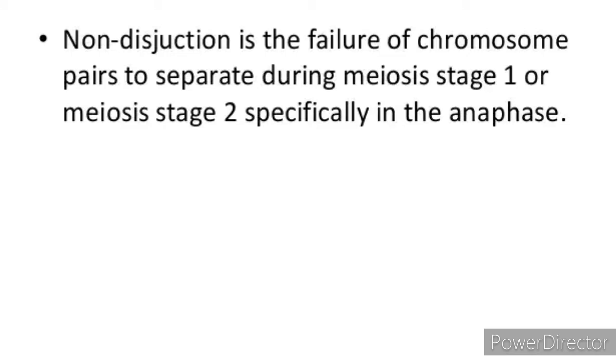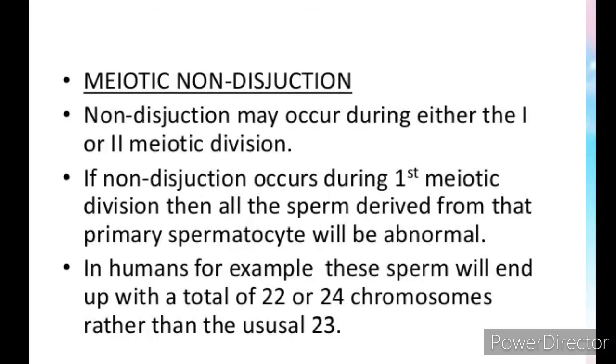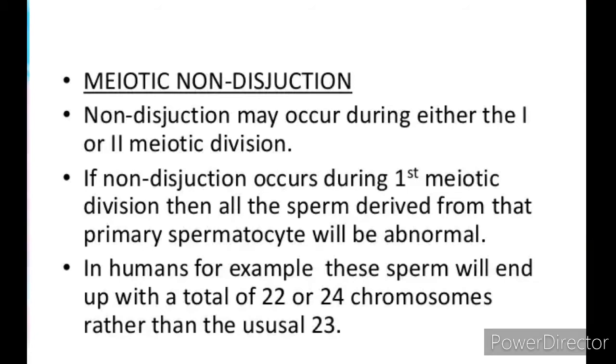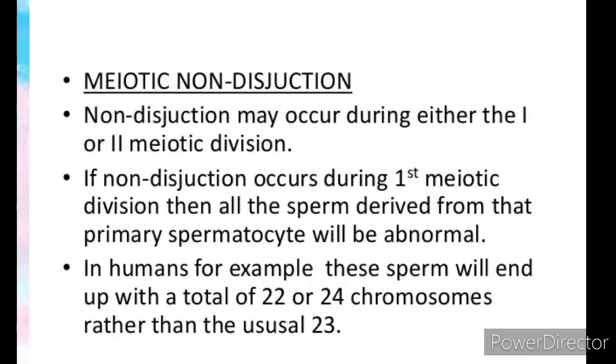Nondisjunction is the failure of chromosome pairs to separate during meiosis 1 or meiosis 2, specifically in the anaphase. In meiosis, nondisjunction may occur during either the first or second meiotic division. If nondisjunction occurs during the first meiotic division, then all the sperm derived from that primary spermatocyte will be abnormal. In humans, for example, this sperm will end up with a total of 22 or 24 chromosomes,